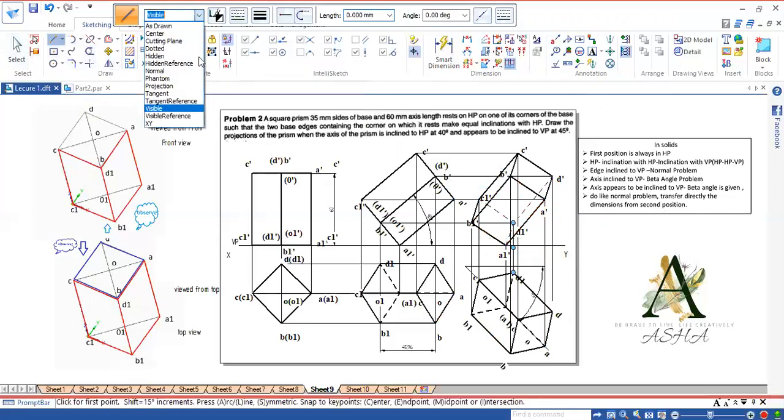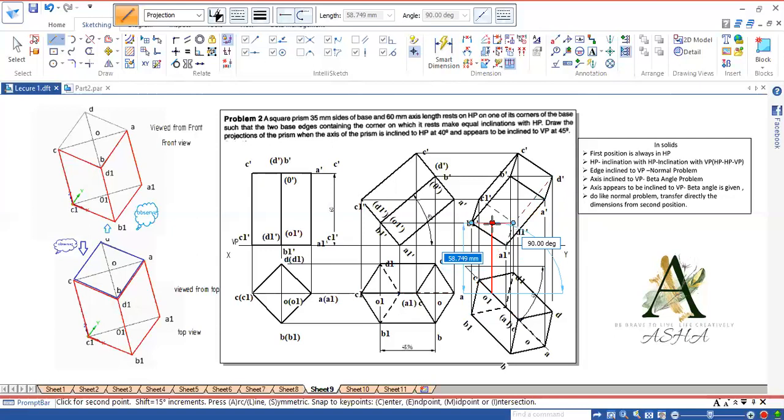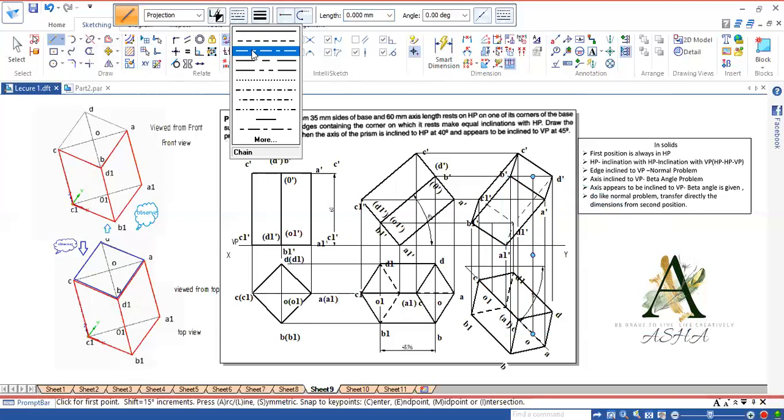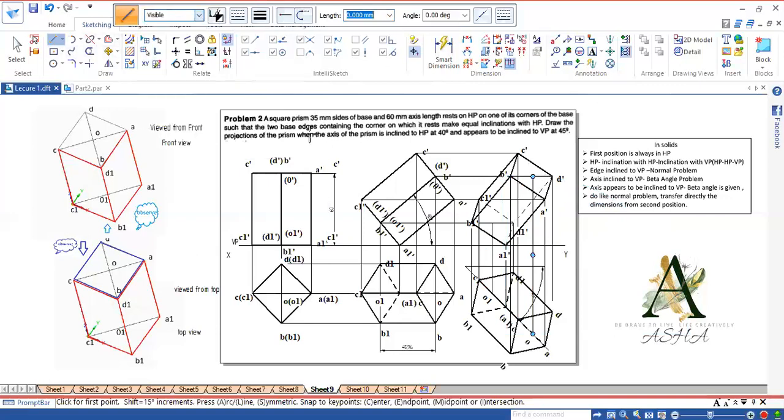Now you project O1 also. So O1, O1 dash, O with O dash. So line connecting to that. O to O1 will be axis.